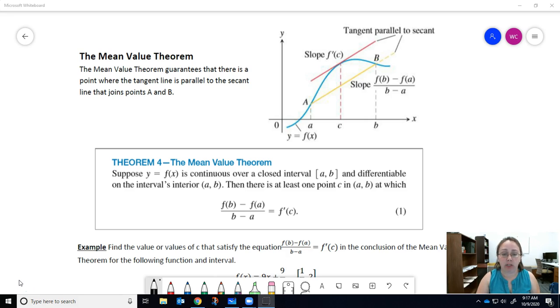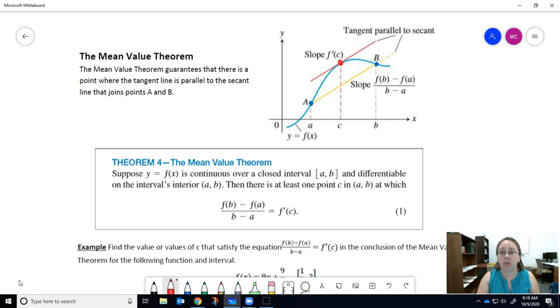So you can see here in this picture, we have points A and B on the blue curve. So your points on our function. And then yellow here is the secant line connecting the two. The mean value theorem says as long as f, your curve, is continuous and differentiable from A to B, outside of that we don't care, but from A to B, continuous and differentiable, then there exists a point somewhere between A and B, in this case it's C,